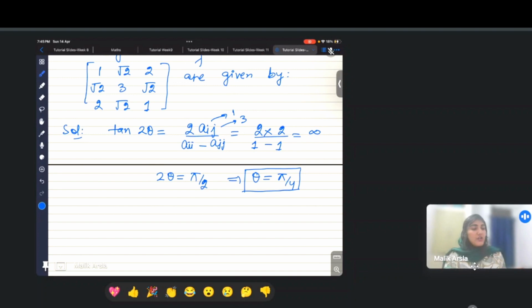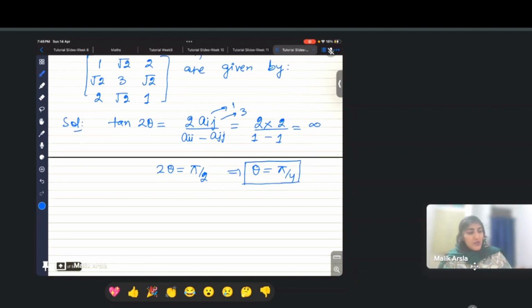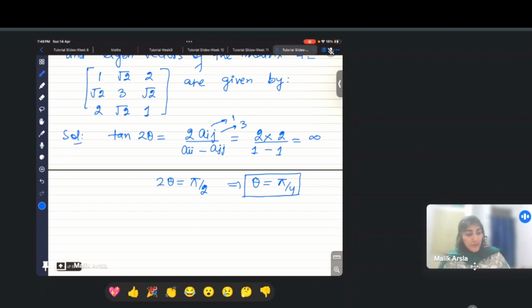Now for the rotation matrix, you know that rotation matrices are of the form cos theta, minus sin theta, sin theta, cos theta. Here we have symmetry. If you take 3 and 1 also, it will remain the same because it is symmetric. We have taken 1 and 3, and if you take it as 3 and 1 also, it is the same. That is no problem, because we are calculating it for a real symmetric matrix.